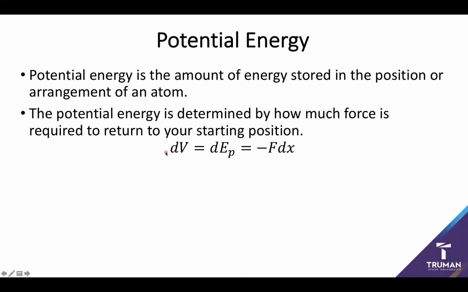So you're often going to see, when we're talking about potential energy, it put in terms of, say, dV or delta V, as in the difference in potential energies. Now, because we already have too many V variables floating around with velocity and volume, we're often going to use the E subscript P to designate our potential energy. And so in terms of a classical displacement form of potential energy, of energy being stored in the position, we can think of this